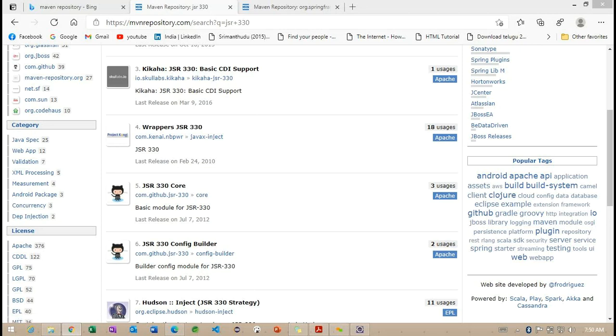Okay, fine. I will find out this particular one. So JSR 330 jars, because we are not finding this particular JSR related jar here. We need to check why this particular JSR is not being found.